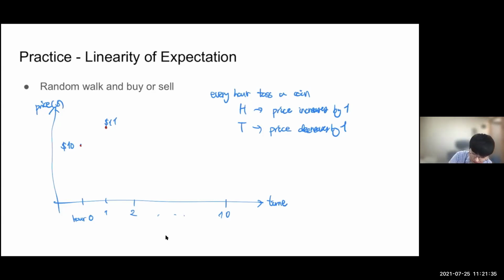So for instance, if I've decided to buy at hour 0 or sell at hour 0, so let's say that we've bought a stock at hour 0, then because the price moves like this, we can see that at hour 1, our net profit would have expected value 0, because it'll be 1 with probability 1/2 and -1 with probability 1/2. So they add up to 0. And that's the same no matter what you do, given that